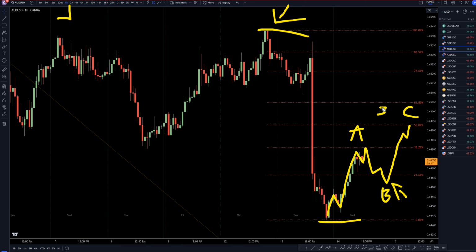But for me, as more of a swing slash day trader, I am definitely waiting for three waves up. I'm waiting for a Fibonacci bounce. I'm waiting for a big engulfing move to the downside with a break of structure, preferably, to go short again for the continuation of the downtrend, which I will continue to look for shorts until the higher time frames tell me otherwise.